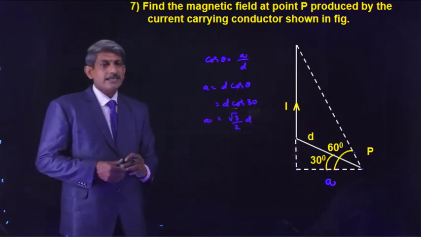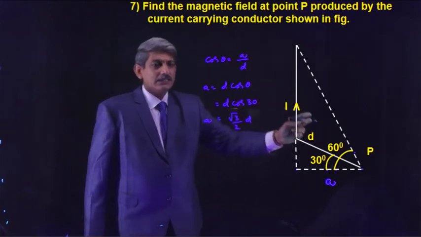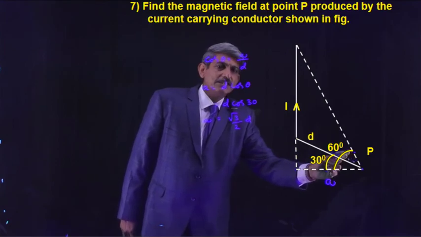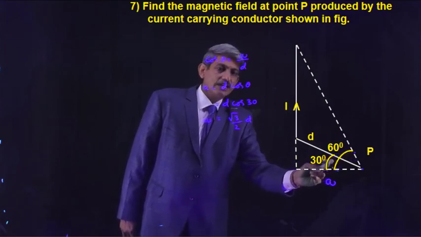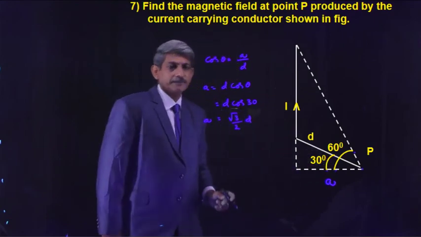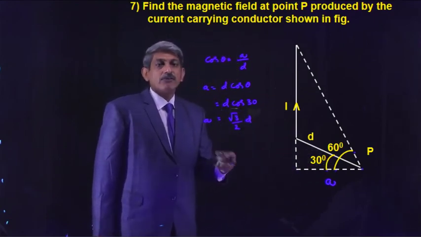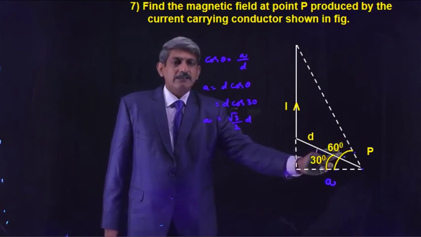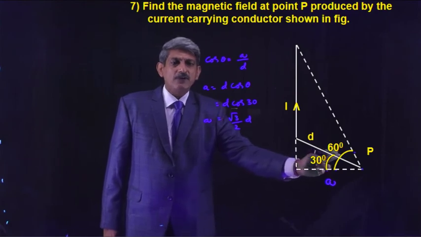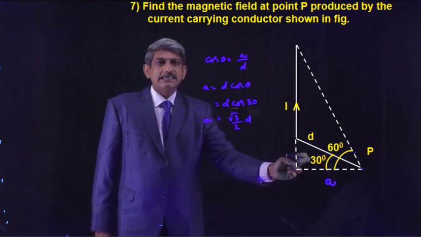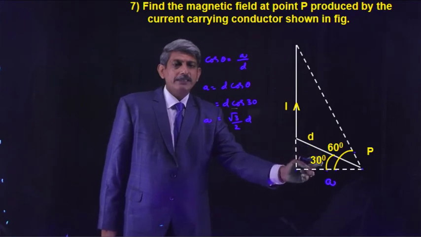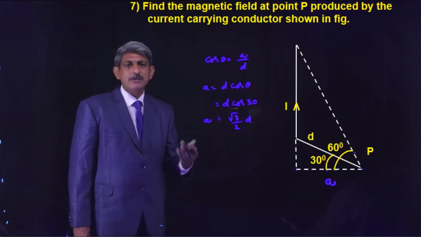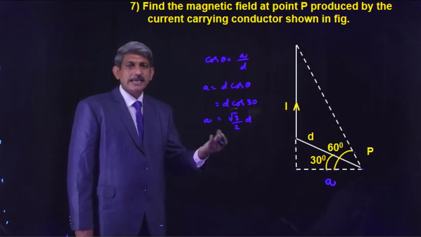Okay. Next, when you see the figure, the angle of the elevation of the topmost point is given as 60 degrees and the angle of the elevation of the bottommost point is given as 30 degrees. Now, generally, we may feel that this 60 is equal to elevated angle of the top point, that is alpha, and this 30 is equal to elevated angle of the bottom point, that is beta, and we may feel that alpha, beta are known for us, and we try to solve the problem, which may give errors in the answers.